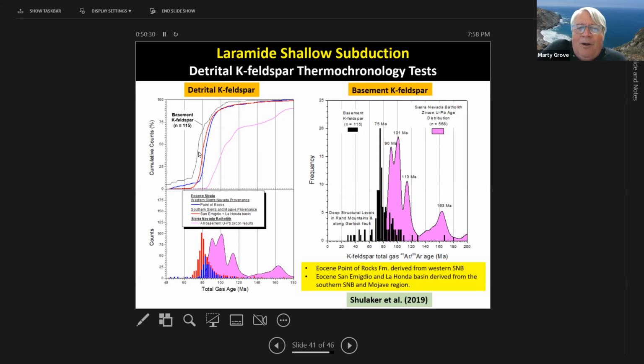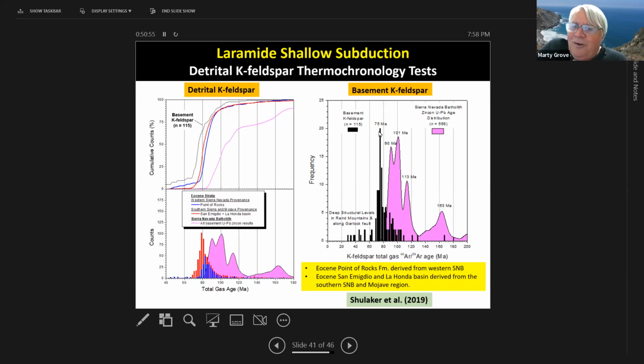I've summed them all up together. And if we look at the corresponding histograms down here in the lower left, you can see that they basically have a maxima somewhere in the neighborhood of about 79, 80 million years. It's a little bit older than that which we see for the basement,